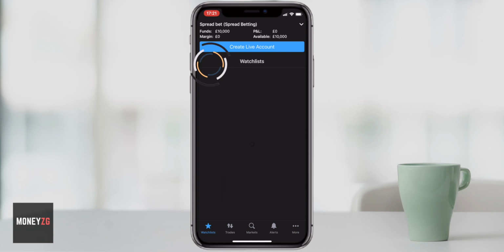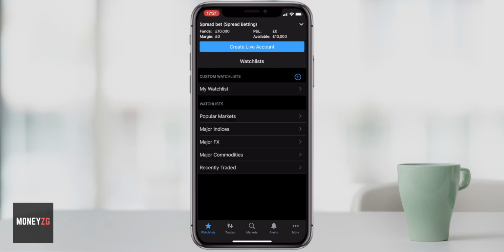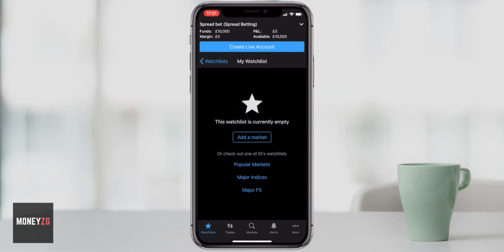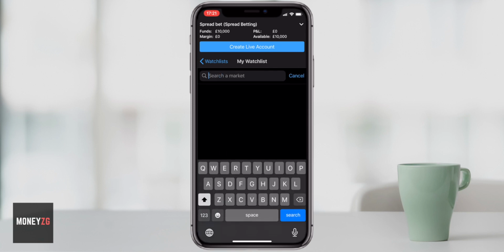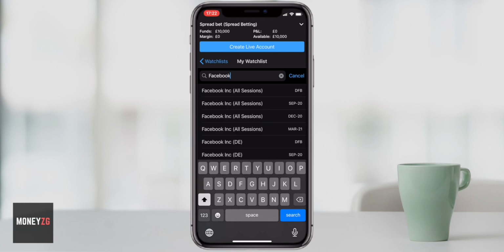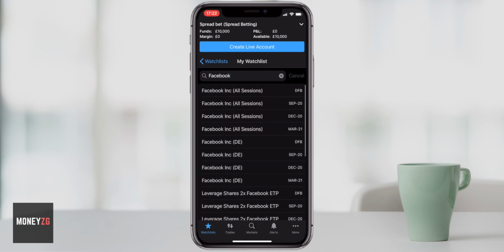If we come out of that watch list, you can actually see an option to add your own watch list. They have one for you already called My Watch List. There's nothing in here though. You can add anything you want to it just by pressing Add Market. Then you can search for absolutely anything that you want,